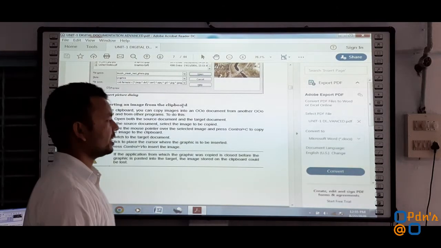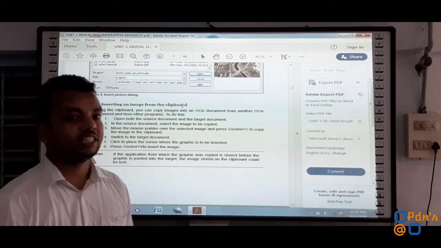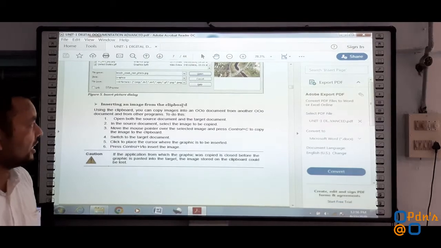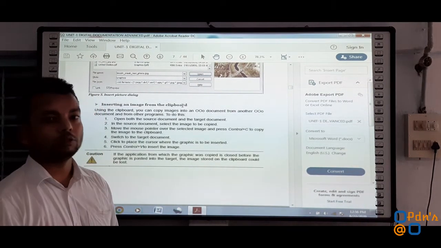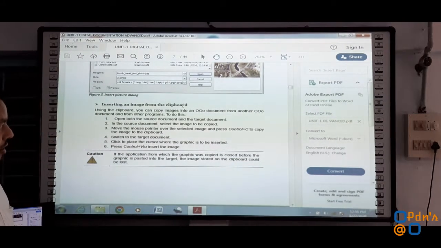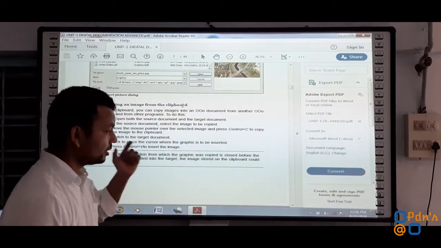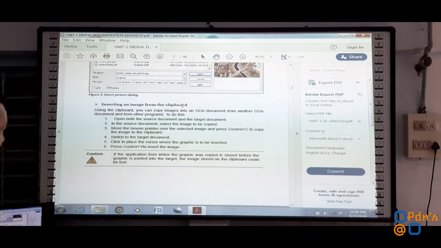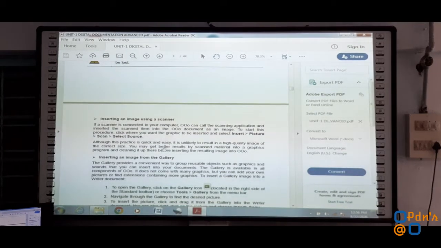And as I said earlier, the clipboard is a buffer area which has been created temporarily inside the RAM or temporary storage, which helps us in storing the particular file which has to be copied from the source document to the target document for a certain duration of time, for an instant. Once our computer is turned off, that particular document from the clipboard will be lost automatically. Okay, so up to this we have considered in our previous discussion.